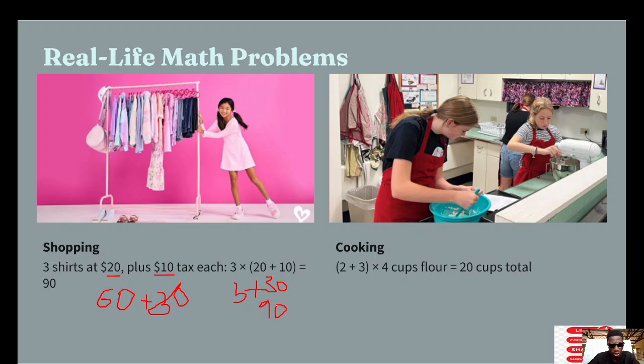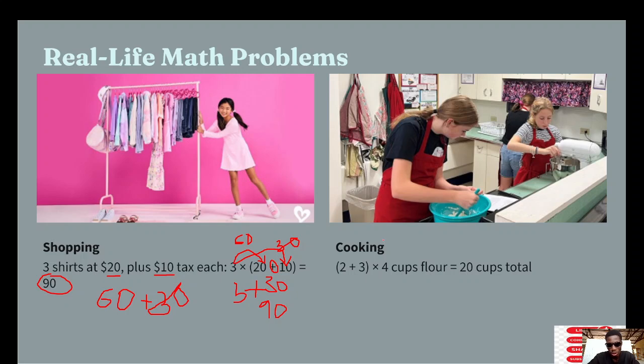Or you can do it using the distributive property. 3 will multiply 20, and then the same 3 will multiply the 10. So 3 times 20 is 60, and then we have 3 times 10 is 30. So if you add the 60 to 30, you get the 90 here. All right, so we see how simple it is in our real life,